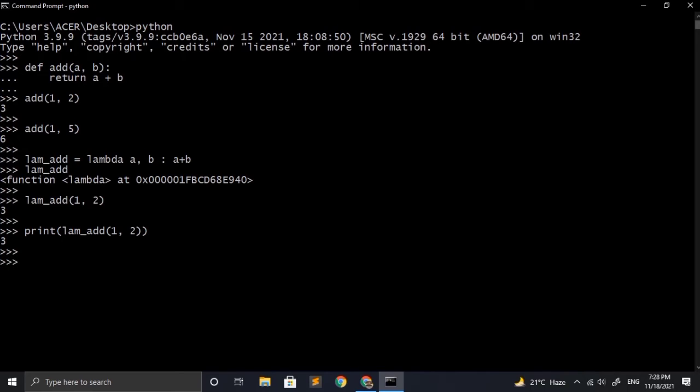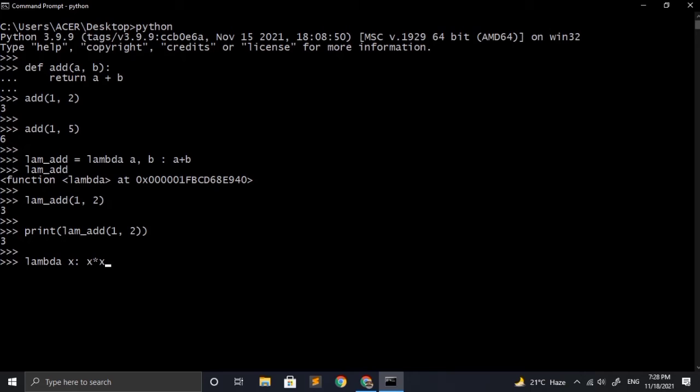Now let's make a lambda function, but this time we are not going to store it in a variable and we are just going to directly define it. For that I have to write lambda, and after that I have to provide the arguments, and then I have to put a colon and write the expression. I'm going to make this function perform the square of the given argument. So for that we just have to multiply the argument by itself.